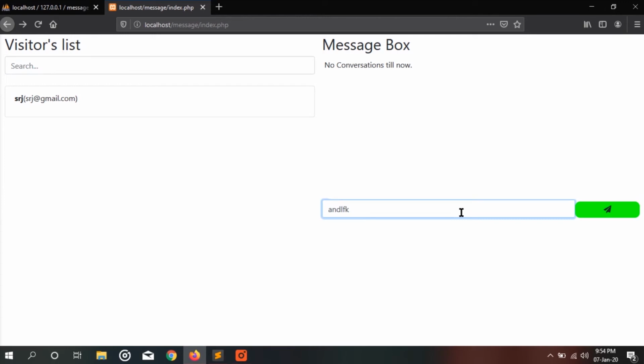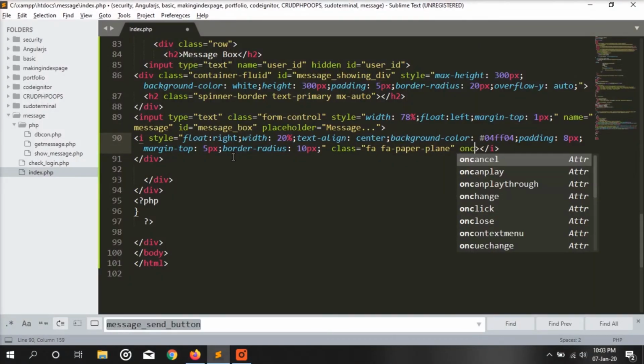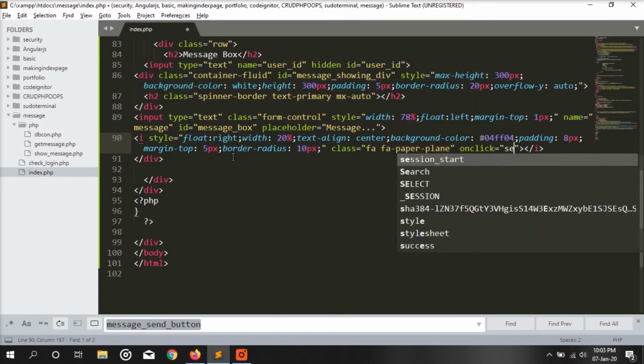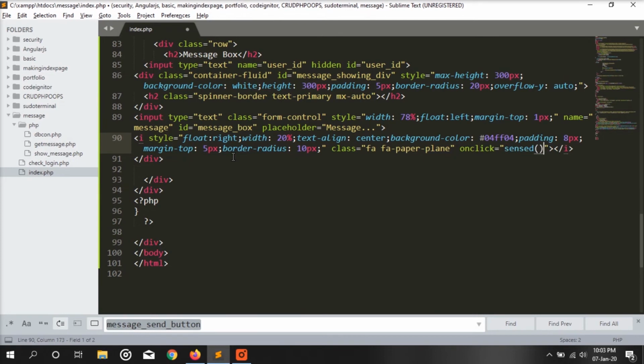So now we are going to click on this button, which is not going to work because we haven't created the function. So we will create a function, onclick function sended. Here we are going to use JavaScript code.